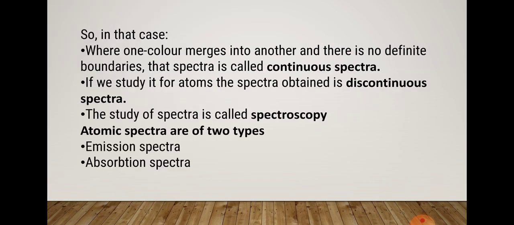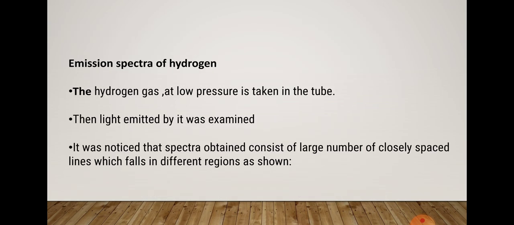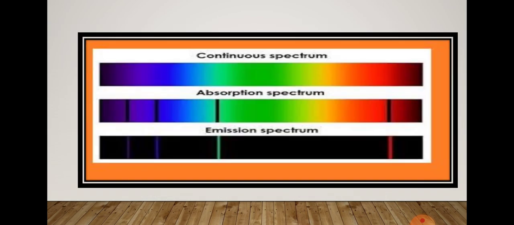When a beam of continuous light is passed through a solution or vapors of a chemical substance, it is observed that the spectrum obtained contains a number of dark lines. It is called absorption spectrum. Why are dark lines there? Because these dark lines appear due to the absorption of certain wavelengths. The electron has absorbed that colored light, so that color is gone and a black line can be seen there. That will be a dark line.